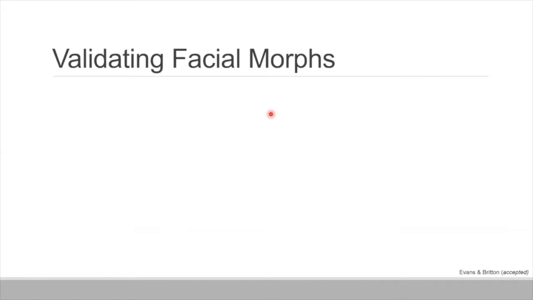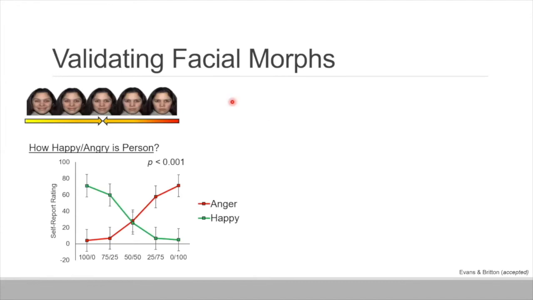And the real one that we were most interested in, and frankly I was most nervous about working out, is could people detect these sort of co-occurring signals of happiness and anger? Again, we blended them to be 50-50, but do other people perceive them that way? And we do get this sort of nice disordinal interaction where across this spectrum from completely happy to completely angry, we see this nice stepwise decrease in happiness, and simultaneously we see this nice stepwise increase in anger.